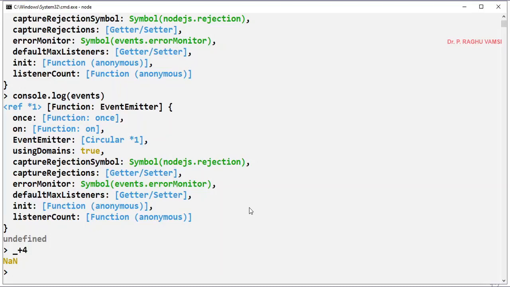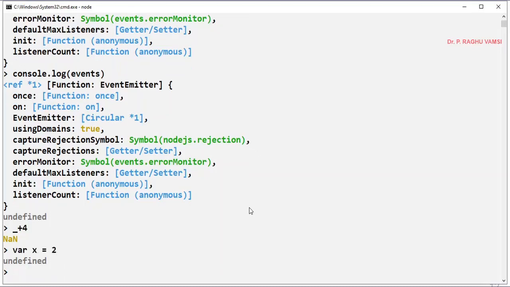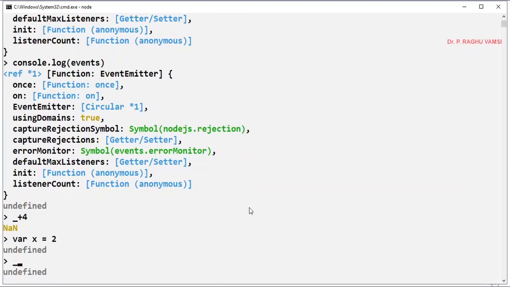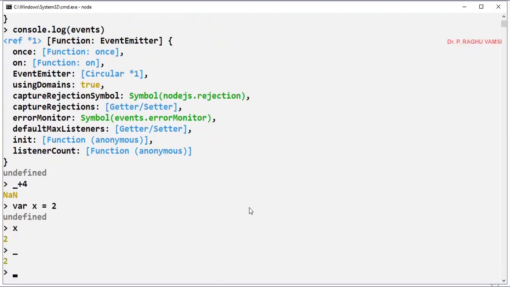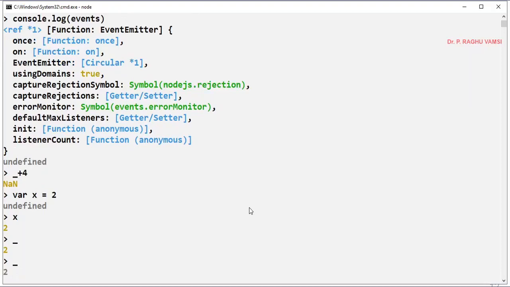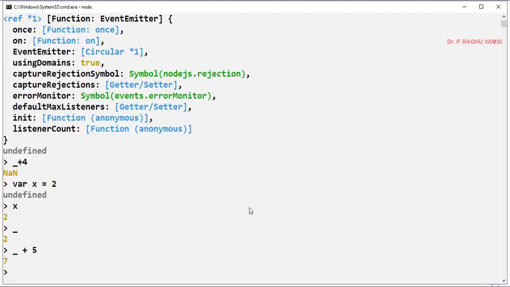We'll do one thing here where x is equal to 2, which returns undefined. If I say x, then 2 will be printed. If I say underscore, 2 will be printed. Whatever is the value from previously will be taken and printed here. So whenever I say underscore plus 5, then 7 will be printed.